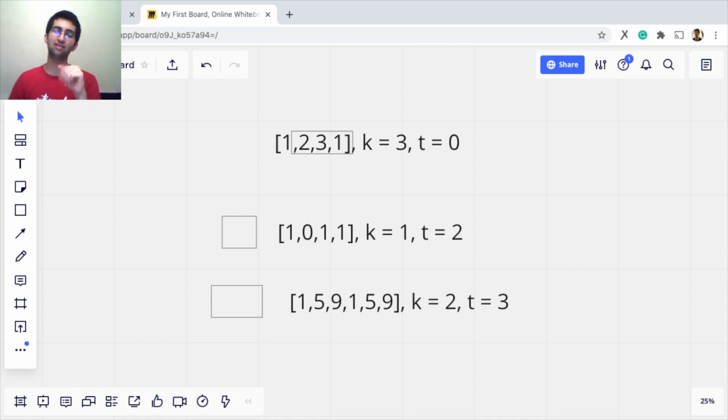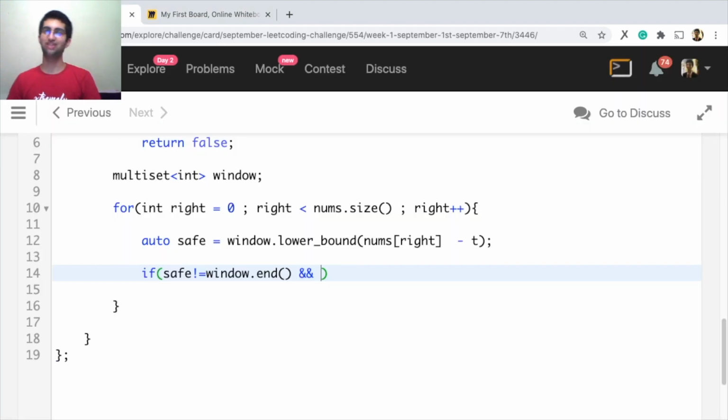Lower bound just says the first element that is at least 1. 2, but 2 doesn't satisfy my property, does it? So now here we'll check if it satisfies my property. The safe element that was found has to be smaller than my element plus t, right? So basically if the difference between these two is at most t, then you will return true. You might have noticed one thing.